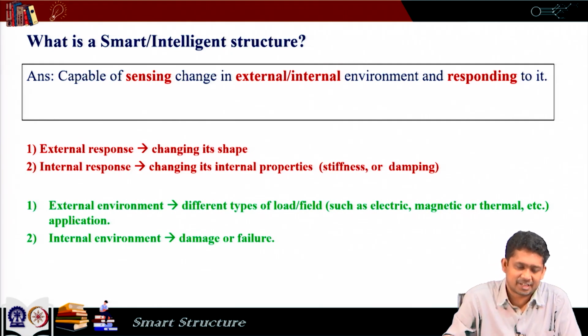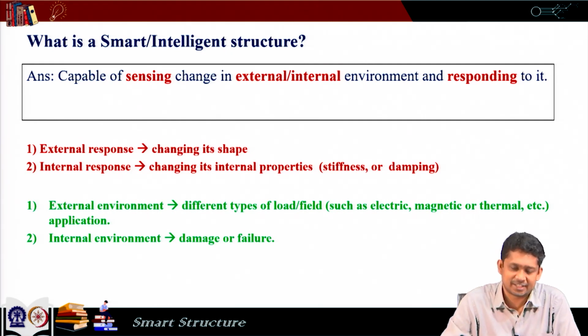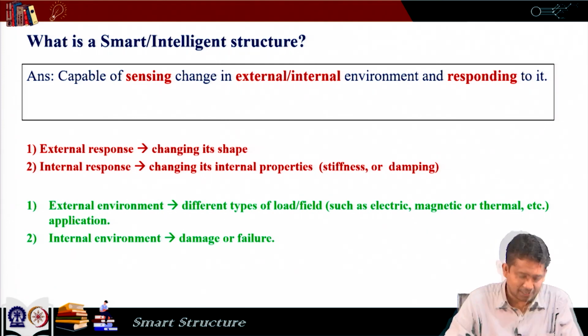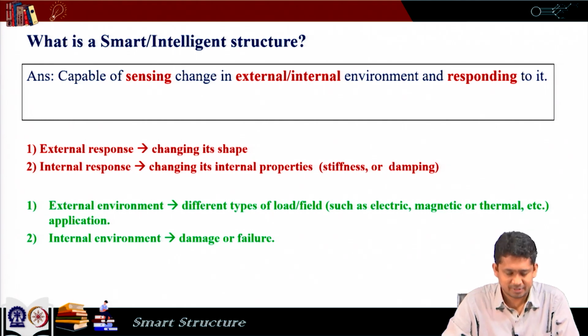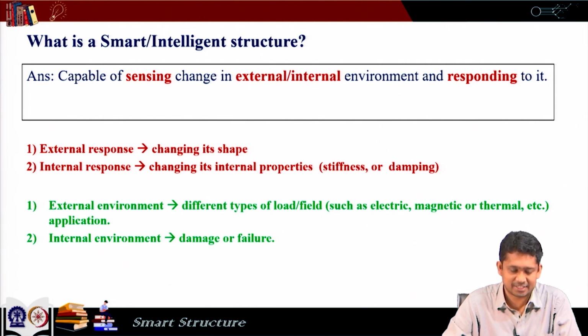Smart structures are capable of sensing change in external or internal environment and responding to it. So, here we have two kinds of conditions, one is external condition, one is internal condition. External condition refers to change in load or any external field like electric field, magnetic field, thermal field and so on. For example, if we think about an aircraft, when it is flying, if it encounters a gust, that is an external change,